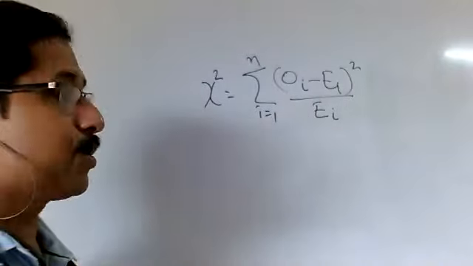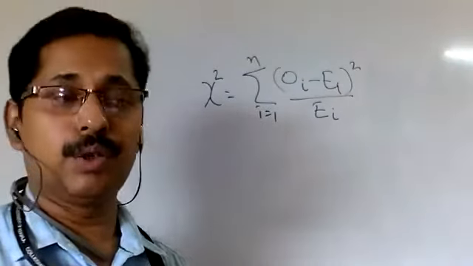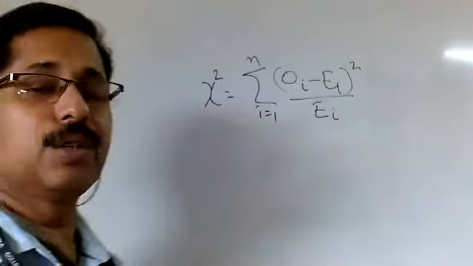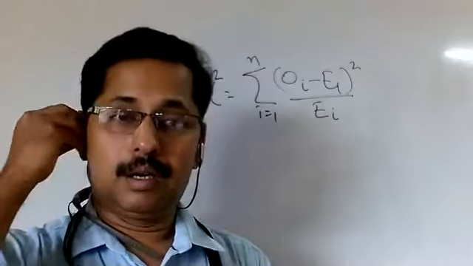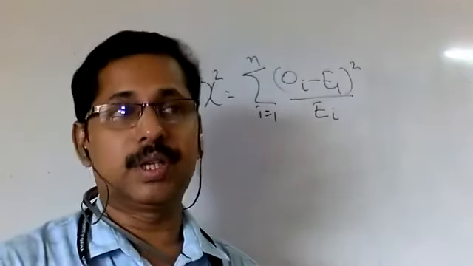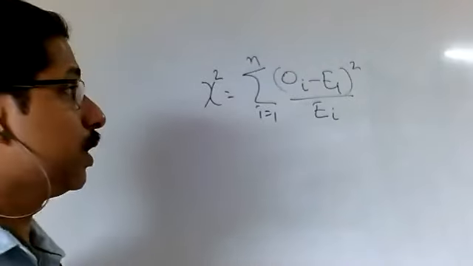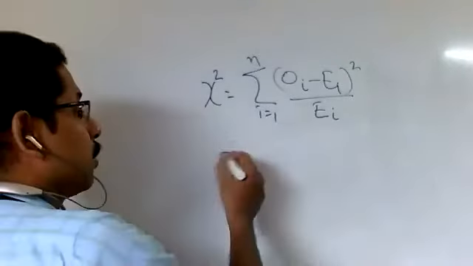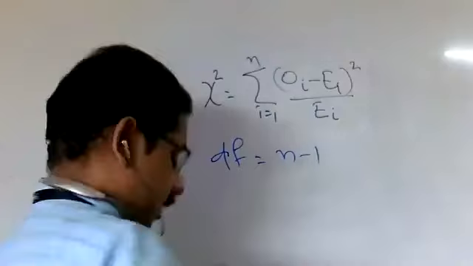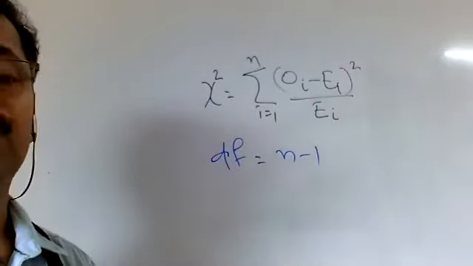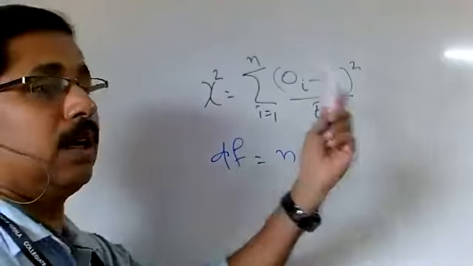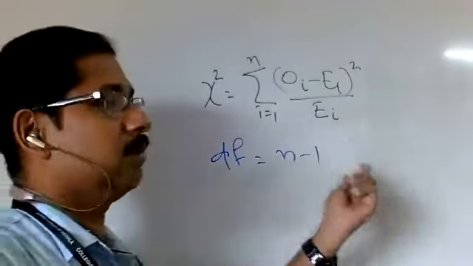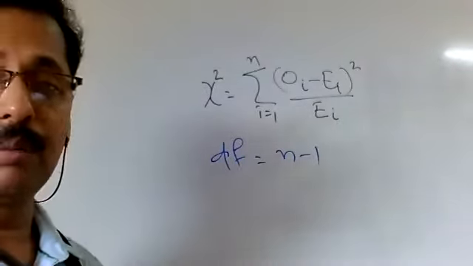Then using the chi-square table, you can find one more value for chi-square. That value is called the chi-square table value. How to find that value? For that you need the degrees of freedom and the level of significance, alpha. You have to fix alpha. If you have n observations, then the degrees of freedom is n minus 1. Using n minus 1 and alpha from the table, you will get the table value, and just compare this calculated value with the table value. You can make the decision.